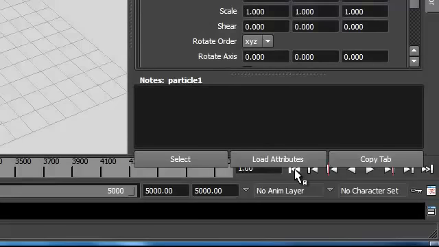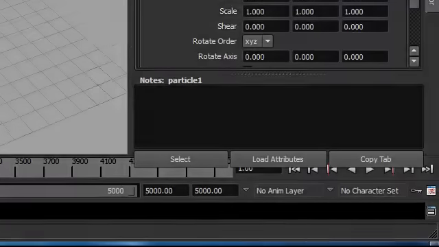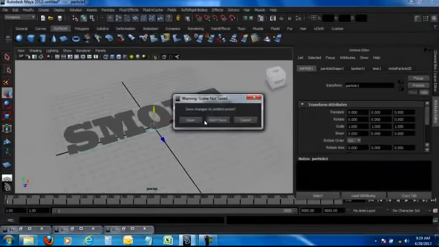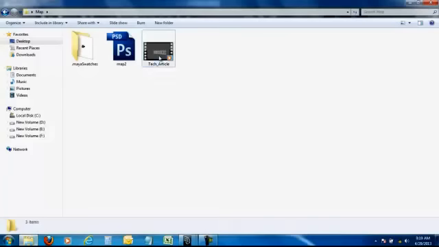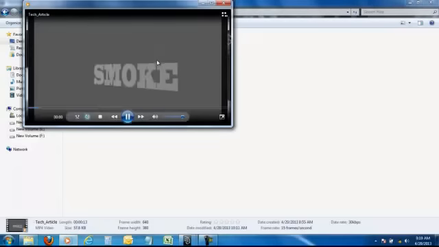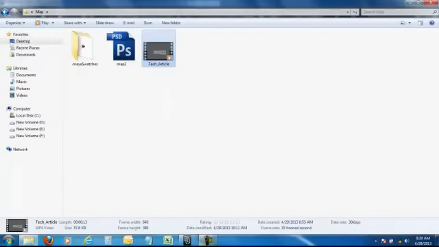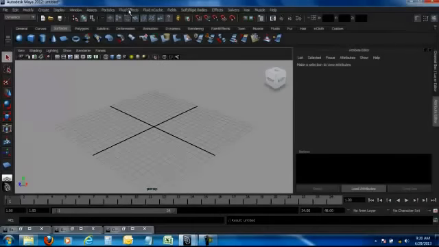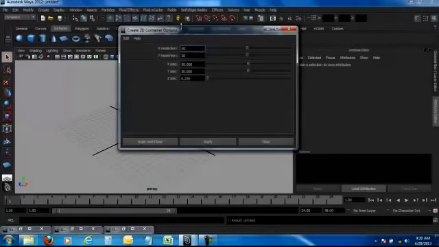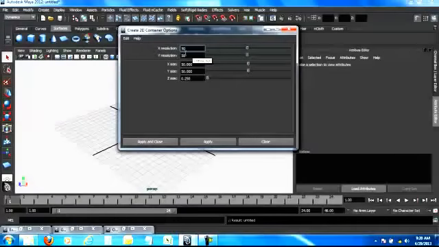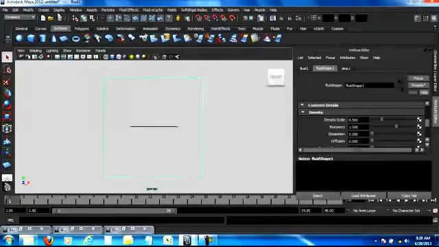Now you can apply all sorts of effects to this. If required, you can add fields to it, make it break down like dust and all those kinds of things. Right, moving ahead to our actual lesson today, the one which we wanted to show you, wherein we make this work like smoke. So how this works, we obviously will be needing a 2D fluid container for this. So I'm going to take a 2D fluid container with these basic values: X resolution 50, Y resolution 50, size again 50 and 50. So let's apply and close, and I've got a 2D fluid container here.